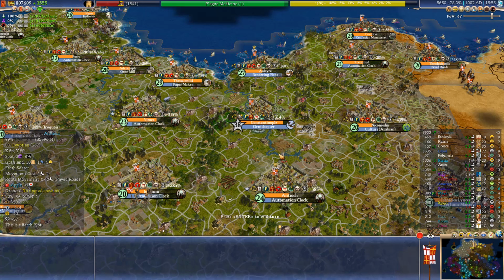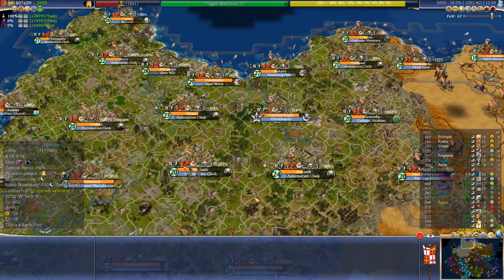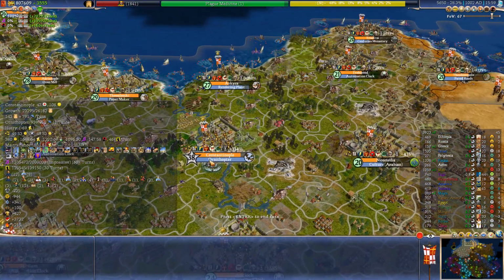So the turn is 5650, year 1280. Yes, we have approached and passed the millennia and we are now one turn away from plague medicine. So what's new? Well, apart from the general growth, you can see that in Constantinople we are building the